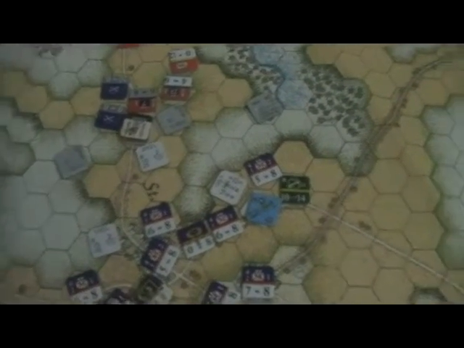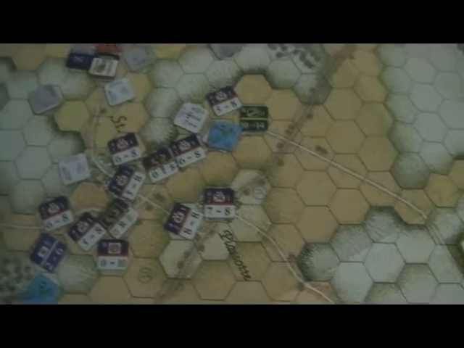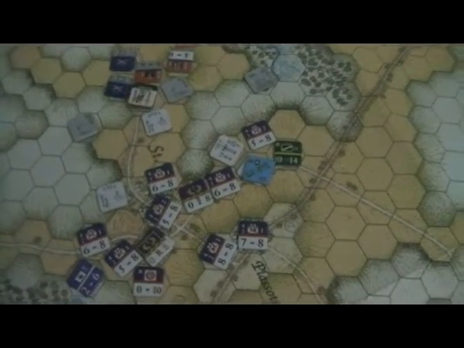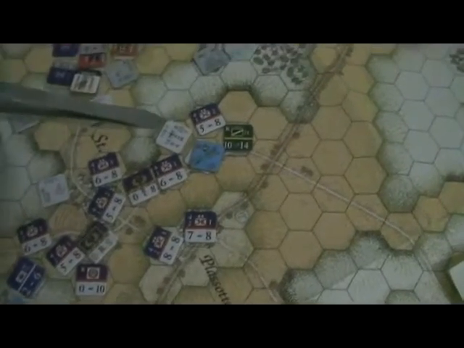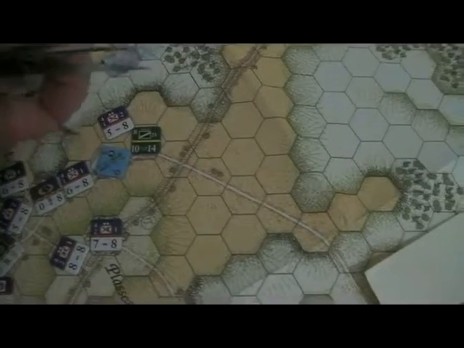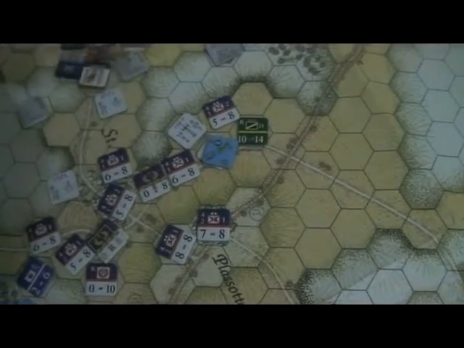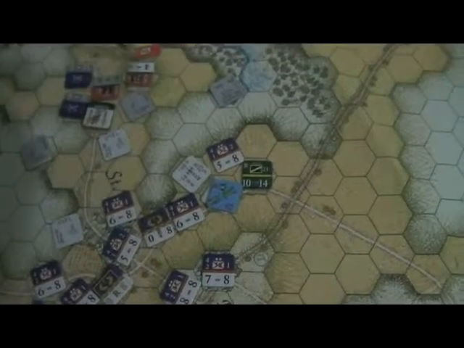Okay, it's the melee phase of the second turn. I'll just talk through a few of the things which have happened since I last got the camera out. I did consider firing this cannon that I've just flipped over, but I didn't, partly to conserve ammunition, and partly because I think it could shoot at these guys here, but I don't think it actually has line of sight,